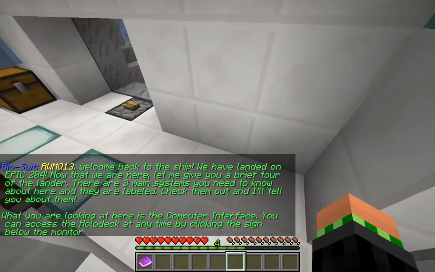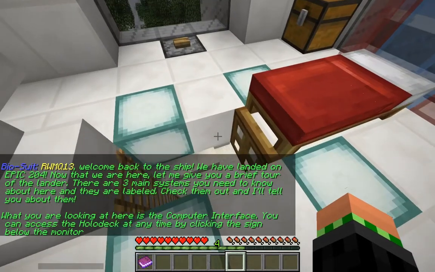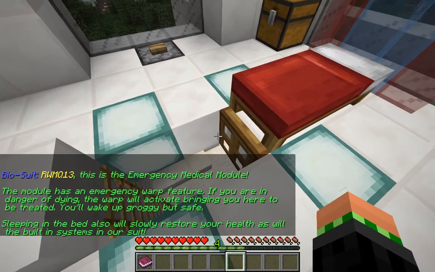Welcome back to the ship. We have landed on Epic 204. Now that we are here, let me give you a brief tour of the lander. There are 3 main systems you know about here. They're labeled...